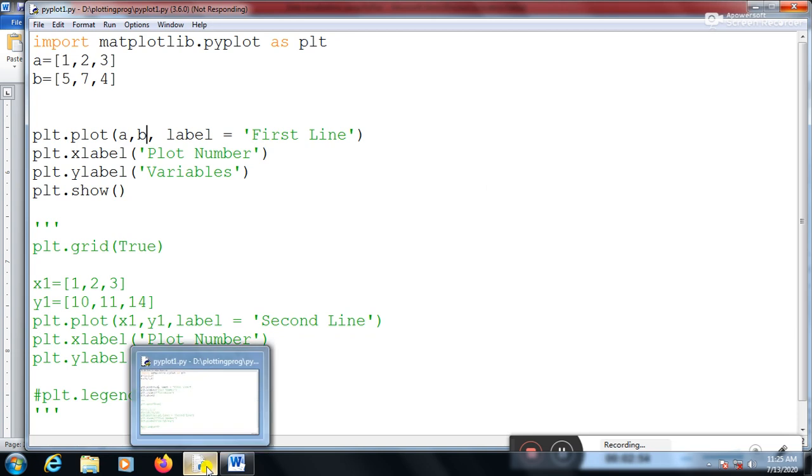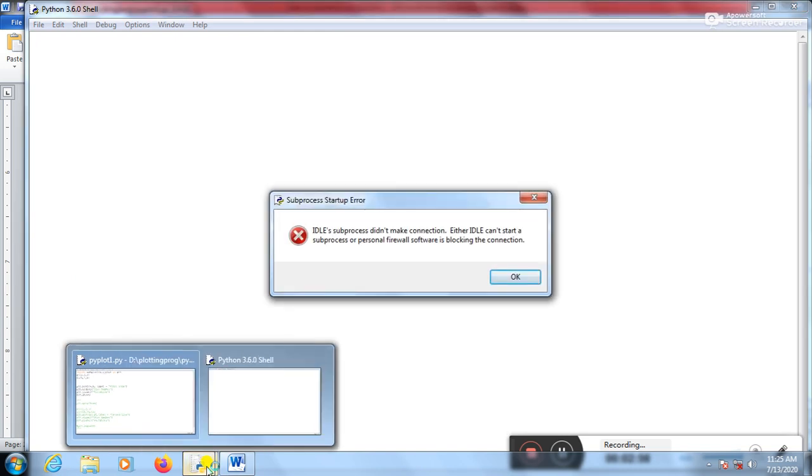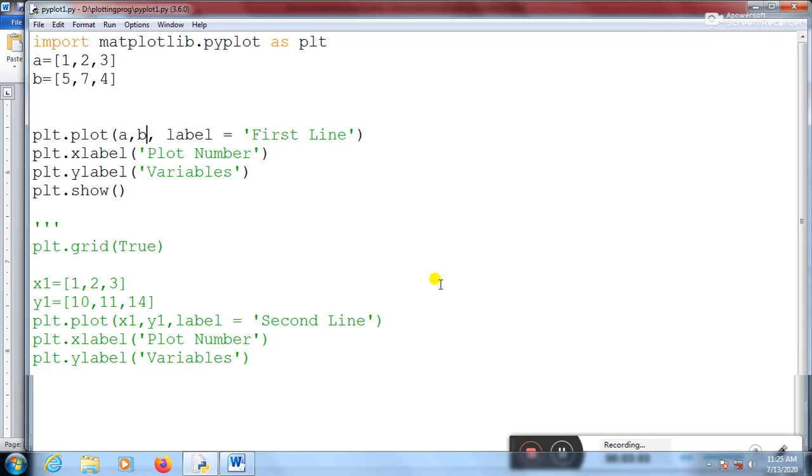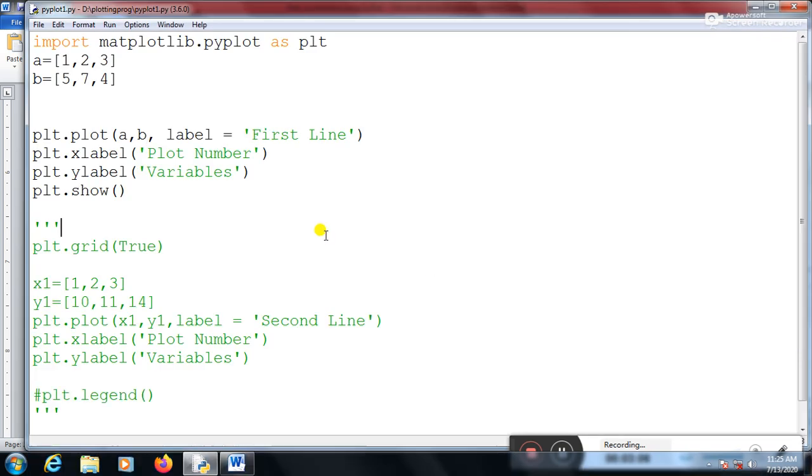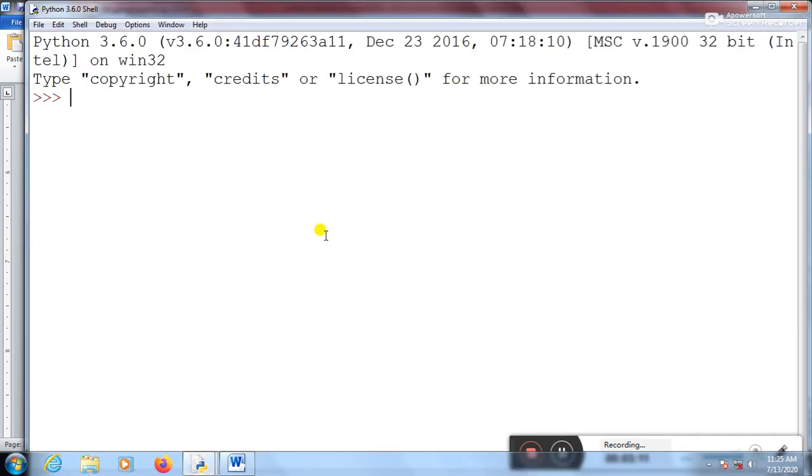It will open a Python shell, but it could not start. There's no problem, I'm running it again. This time the shell started, and it will display a graph.